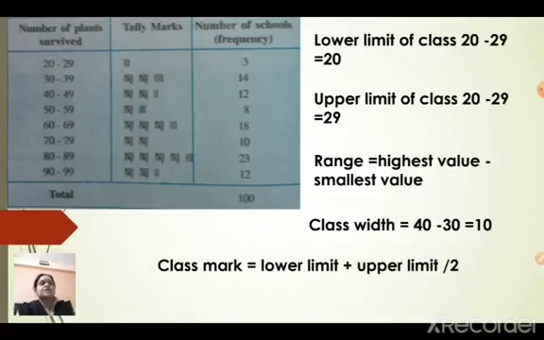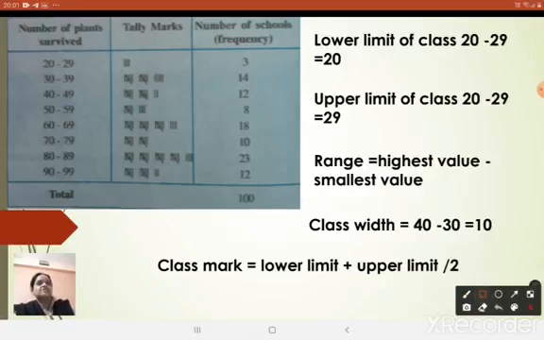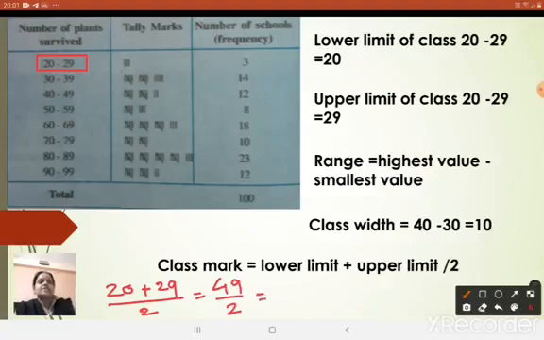What is the next point? The next point is class mark. Again, the class mark differs from class to class. Now what is the class mark? The formula is (lower limit plus upper limit) divided by 2. For example, if I consider the class 20 to 29, what will be the class mark? The lower limit 20 plus 29 divided by 2. So it will become 49 by 2. Find the answer in decimal. 2 2s are 4, 2 4s are 8, remainder 1, 24.5. So the class mark will be 24.5.